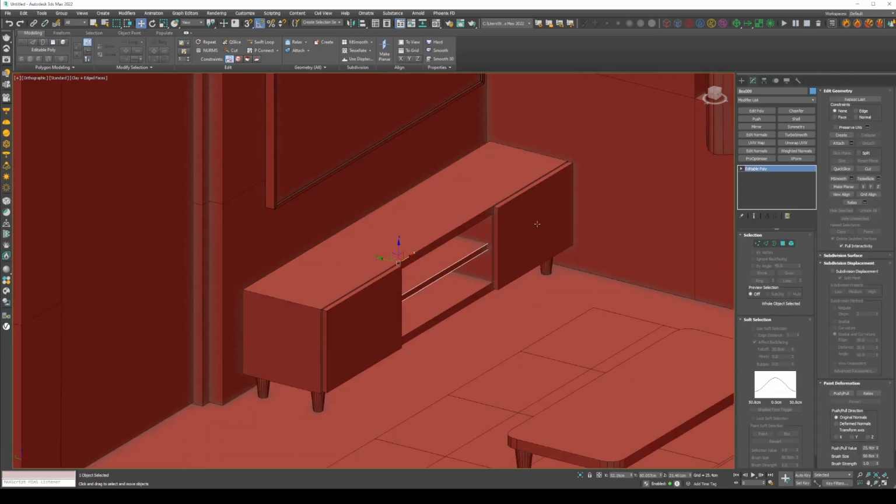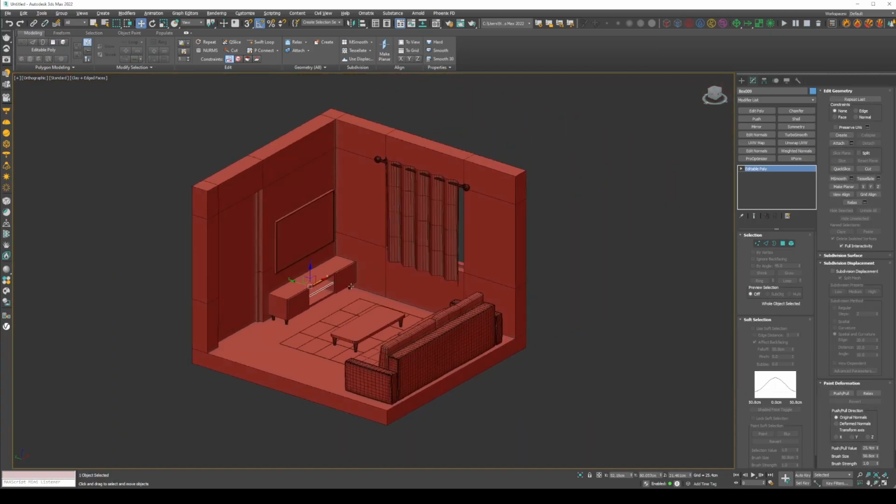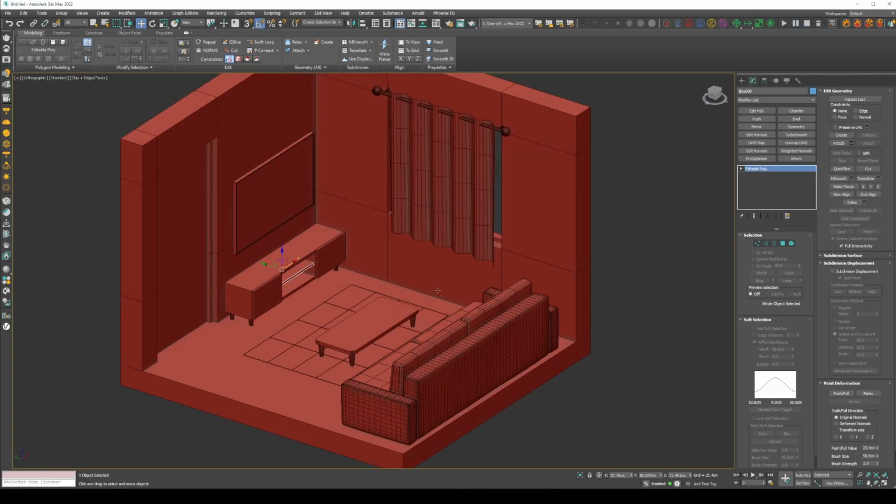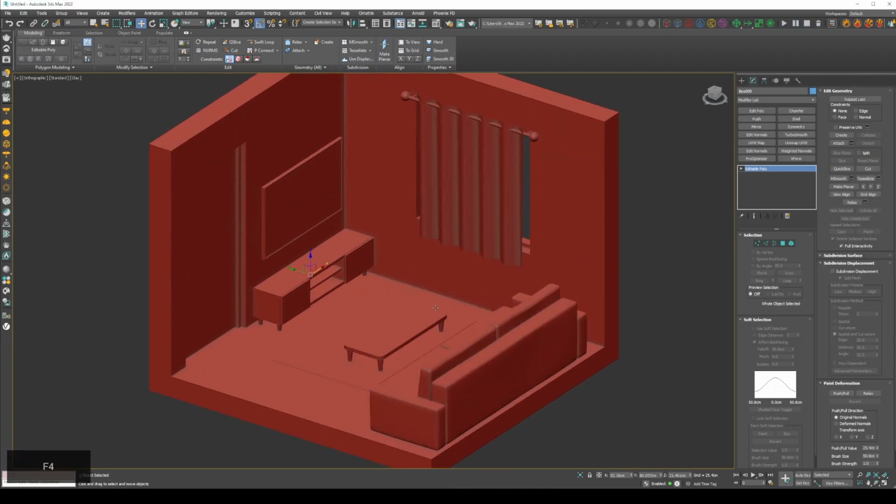Okay, so that is our TV stand. And we have our room. It's nothing much, but